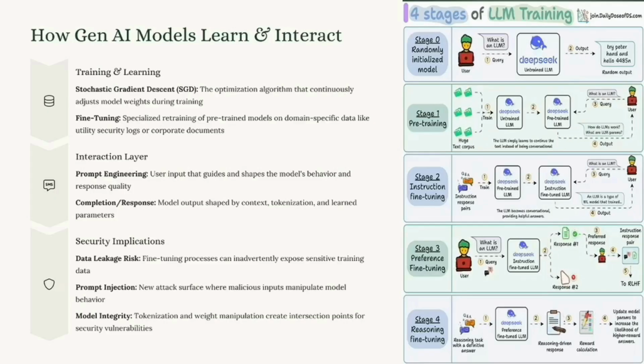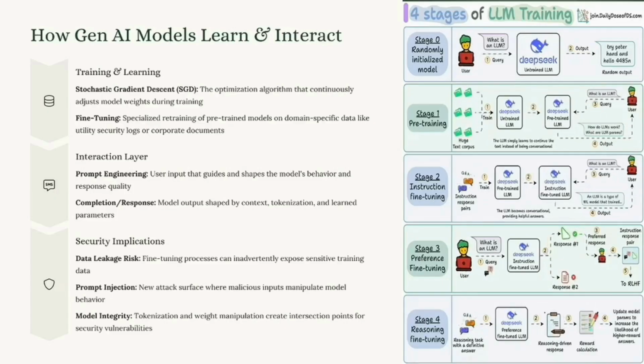So some of the considerations: the stochastic gradient descent. Stochastic means chaotic. It's random. So when we talk about things like hallucinations, sometimes it'll give the right answer. It's trying to get to an optimal answer, but it does that by guessing up and down the spectrum. As long as the vector is moving towards an optimal answer, that's what we give it. We say that's the model weight. But it does that through random answers. And then over time, we fine tune it, and we get down to pre-trained models on domain-specific data, like security logs or documents. So we train it for a particular purpose.